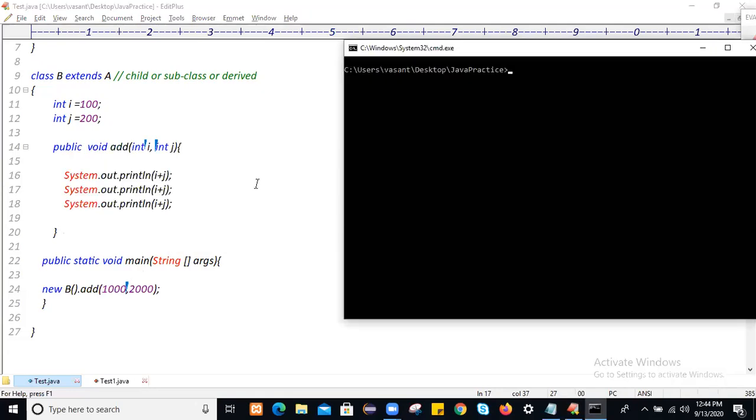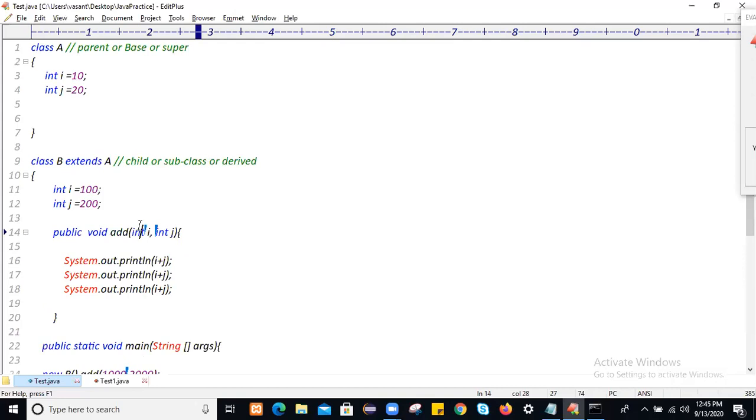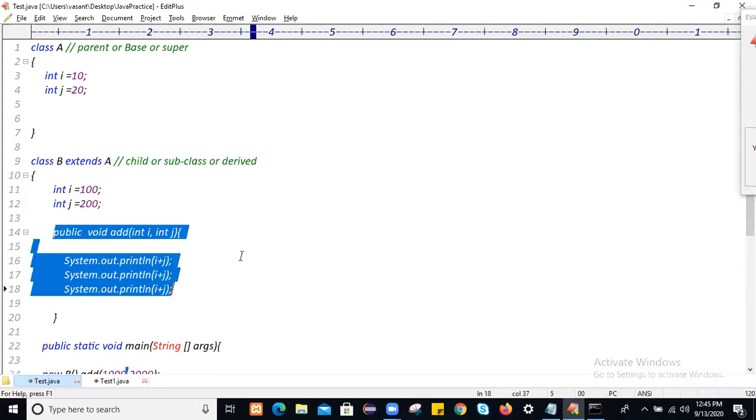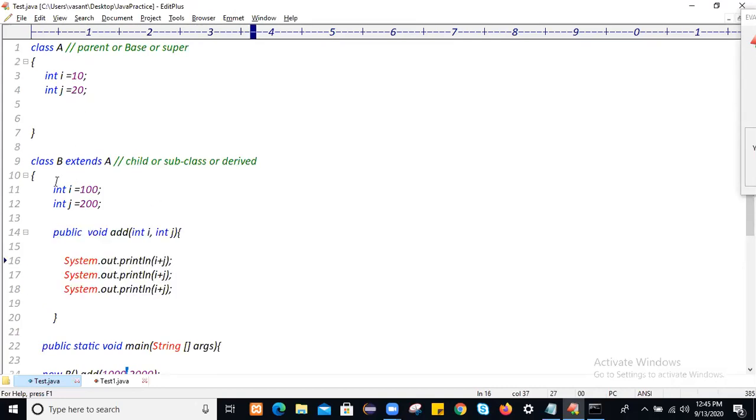You see, let me compile. To compile this application, just use javac Test.java, and to run this, here is the main method within the class B. Just use java. You see, three times it has performed the addition of local variable. Why has it performed the addition of only local variable? As we want to perform the addition of same class variable as well as super class variable.